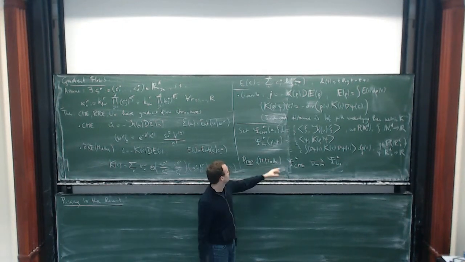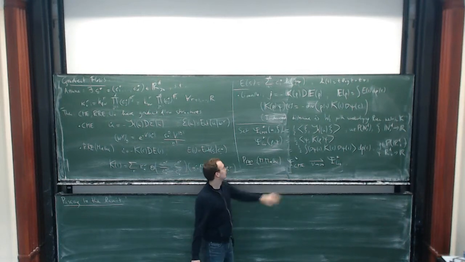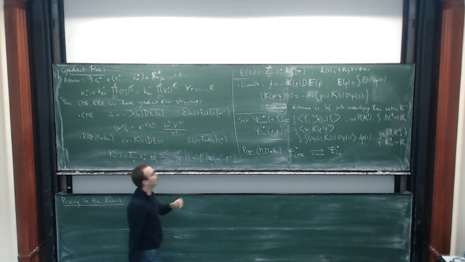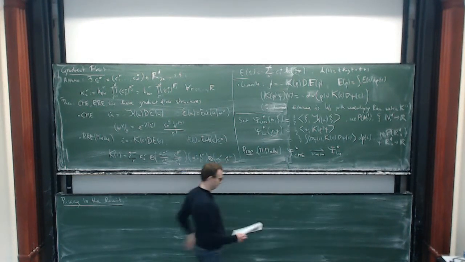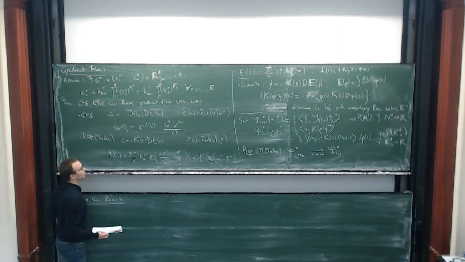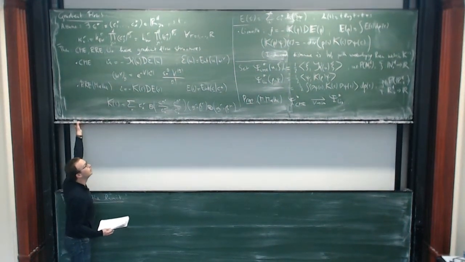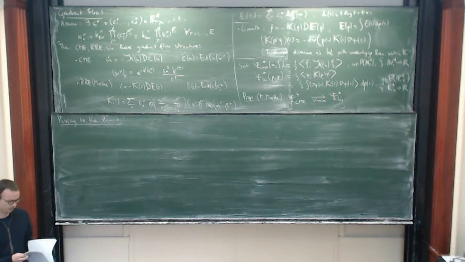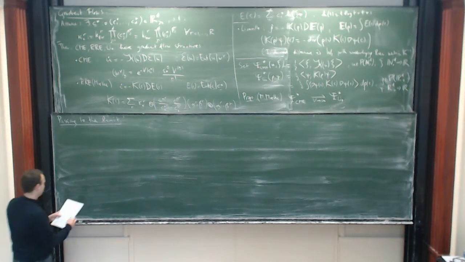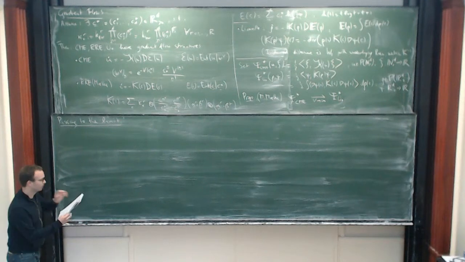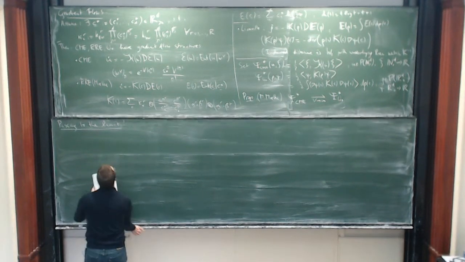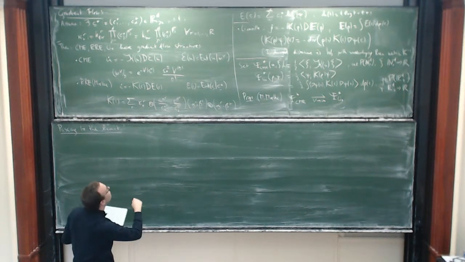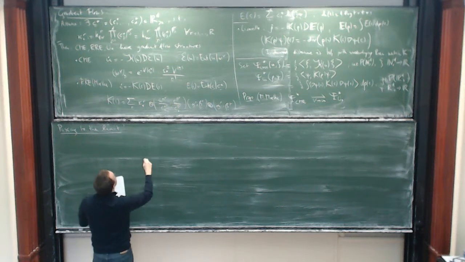Okay, so maybe I won't give you the details about that, but I would like to say something more about the convergence of the driving functionals, and so of the relative entropy for the CME, and to show you how it converges to that functional over there. Okay, so let me pass to the limit for the relative entropy. So what I would like to show is that this, what was my notation? This, the driving functional of